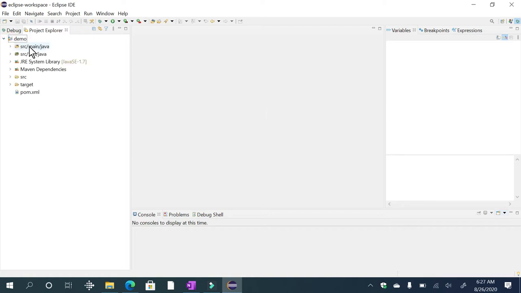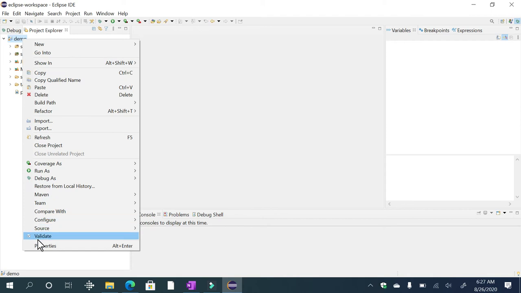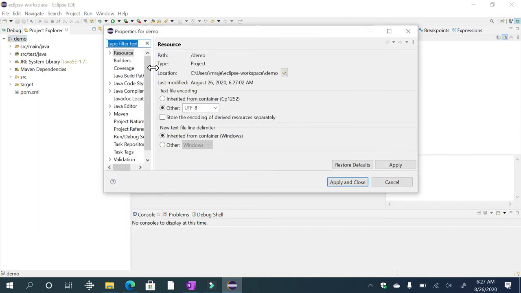This is your project name. And if you want to know where it is located, just right click and go to properties and go to resource. It's already open, but if you don't find this, just make sure you are on this resource tab, and you see this is loaded, this demo.